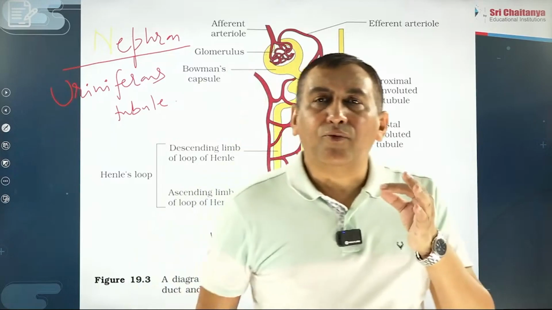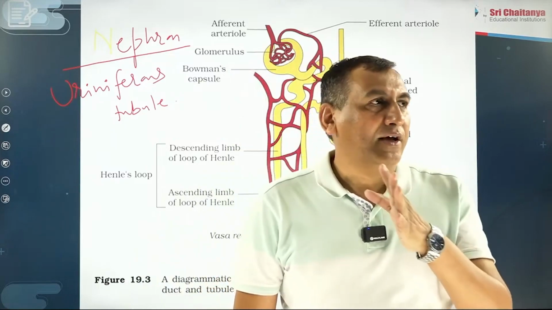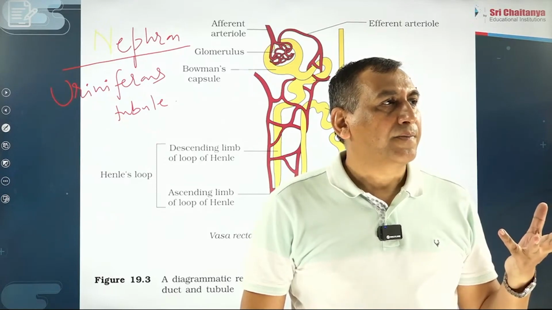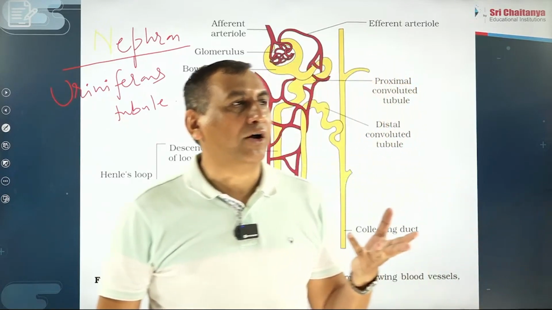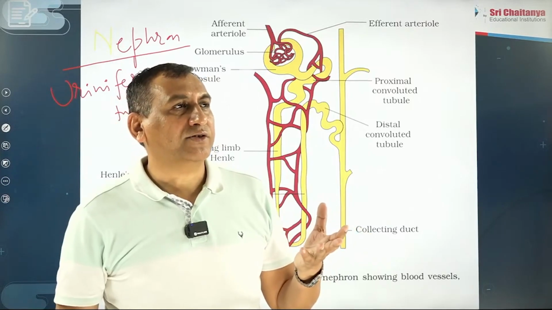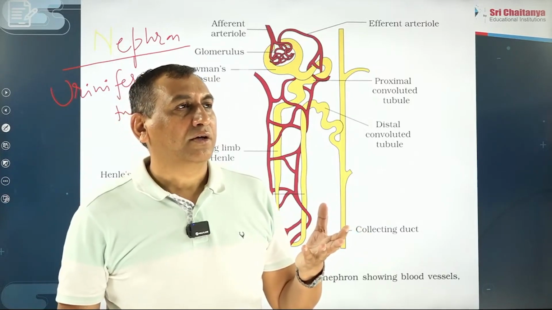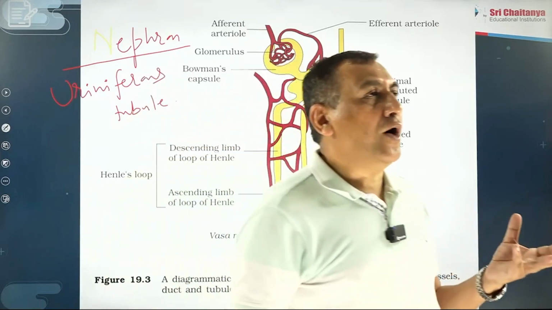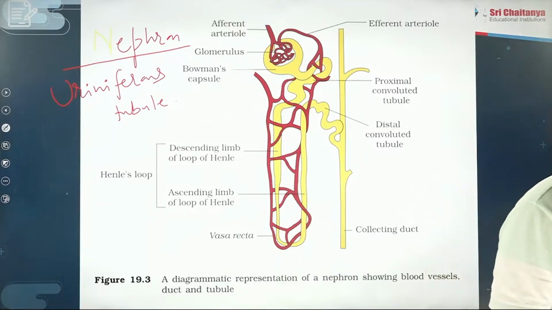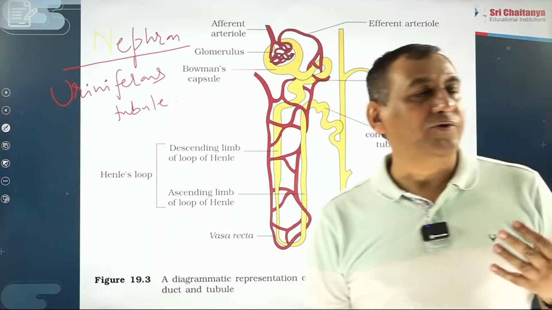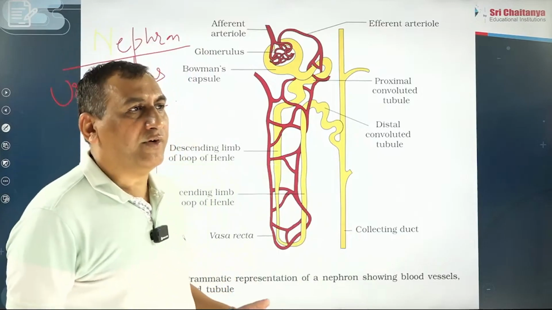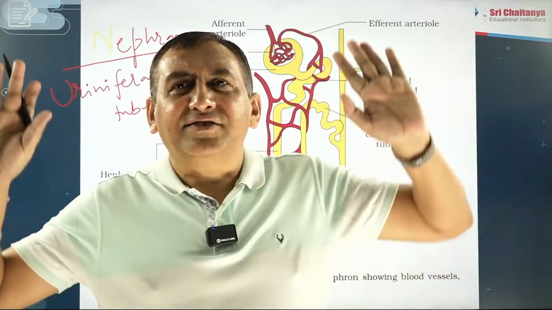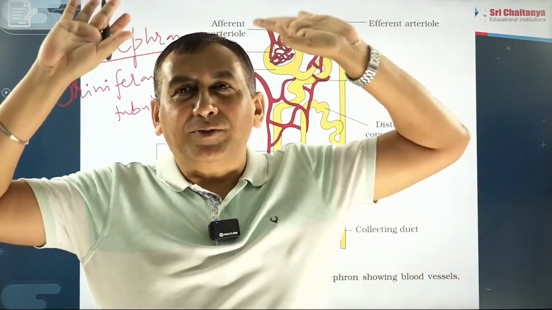So what is the function of nephron? Anyone will say? To form the urine, beta. Ram, you are writing correct, urine formation, filtration of blood, that is the function of nephron. In human beings, I am asking a general question. Relax. First relax, take a deep breath and then try to give the answer.